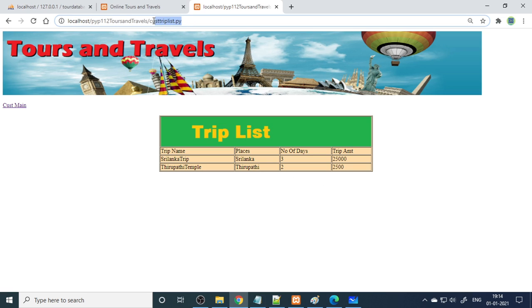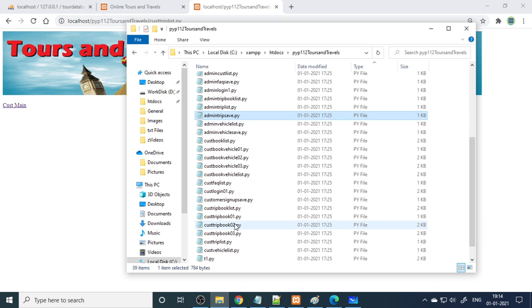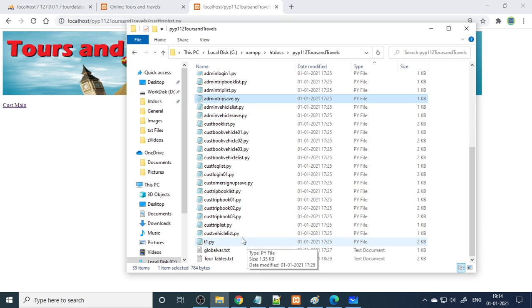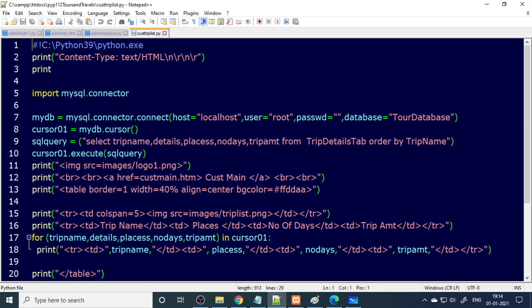Now what code do you have to write to display the data? Cust trip list.py. So I'll take you to that page. Cust trip list. Okay, this is the one. If I open it in Notepad++, here is the basic